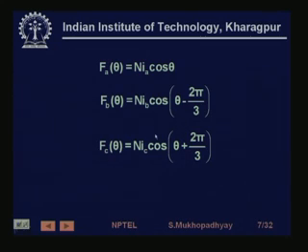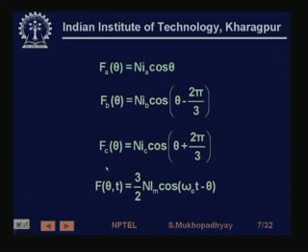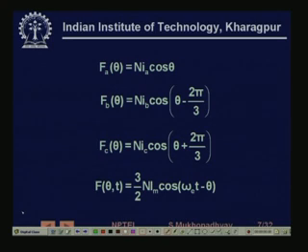So now it is very easy to see that if you substitute these IA, IB, IC values from the 3-phase supply currents, then you will get the net